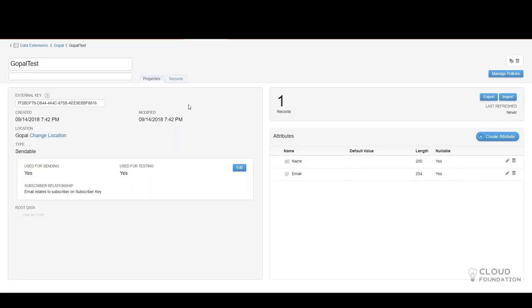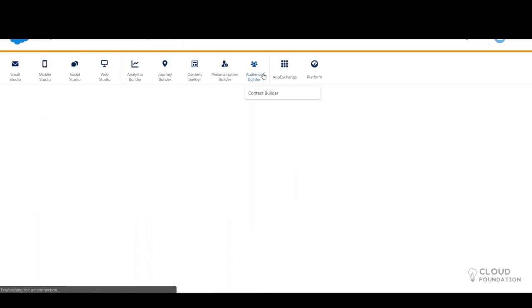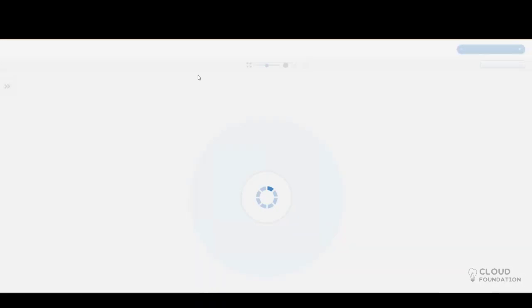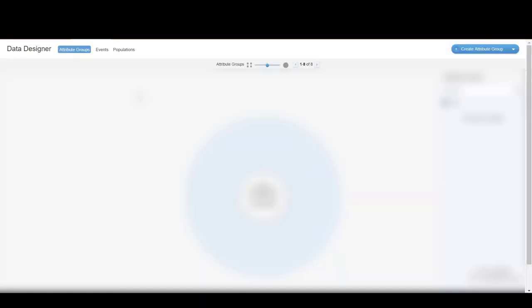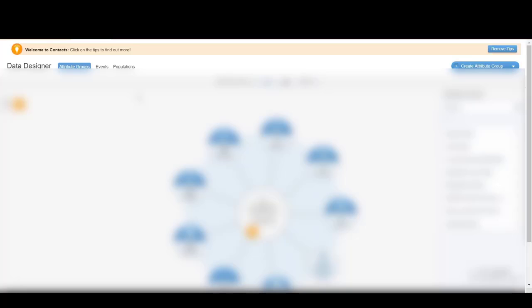Okay. And this Contact Builder is the major module in Marketing Cloud, and all things revolve around it. You can see we have Data Designer, which is kind of like a schema, and like how you can correlate.